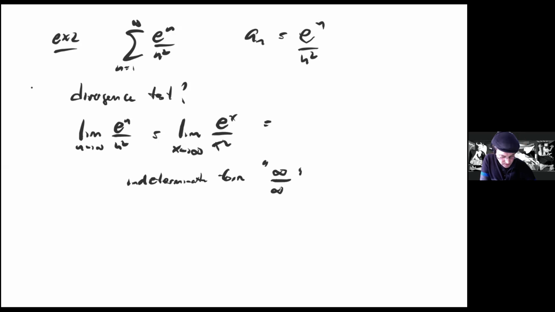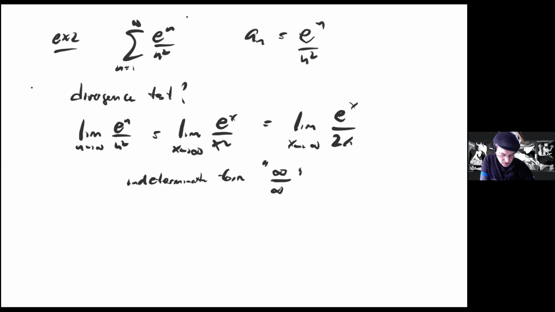And so the limit as x goes to infinity of e to the x over x squared is the same as the limit of the derivative of e to the x, which is e to the x, divided by the derivative of x squared, which is 2x. Now, this limit also is an indeterminate form of type infinity over infinity. So we can do L'Hopital's rule